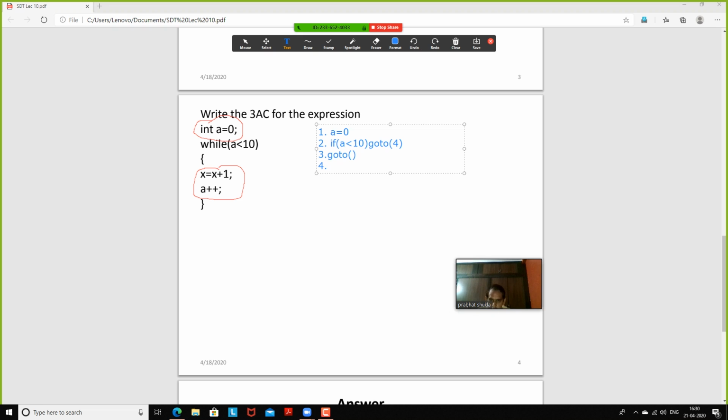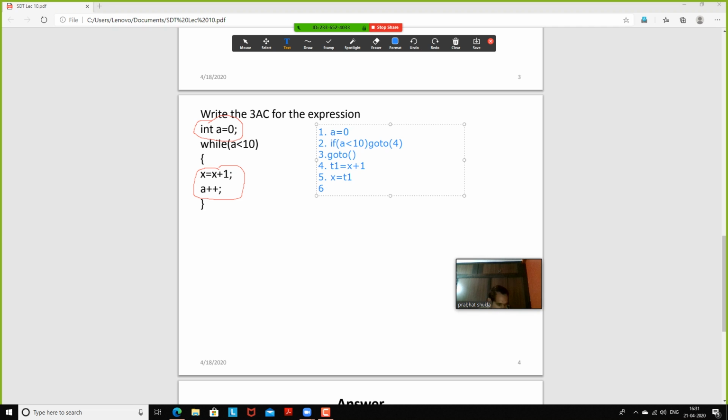In this loop there are two statements, x equals x plus 1 and a plus plus. A plus plus is nothing but a equals a plus 1, so both statements are similar. Here I am using a temporary variable t1, in which I store the value of x plus 1, and then assign the value of t1 into variable x.